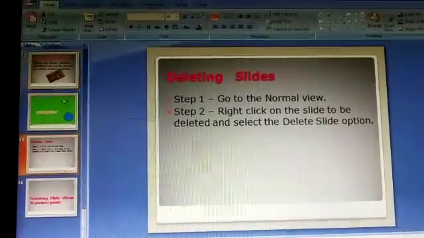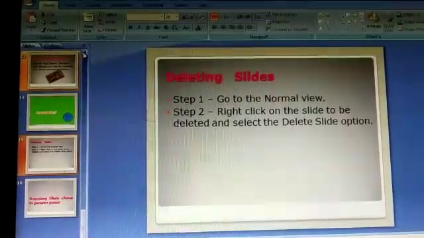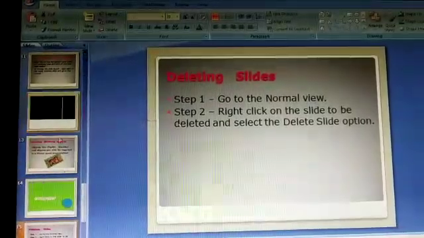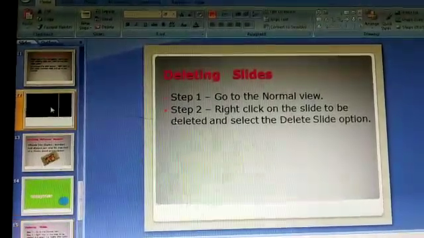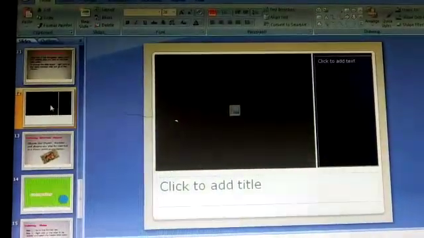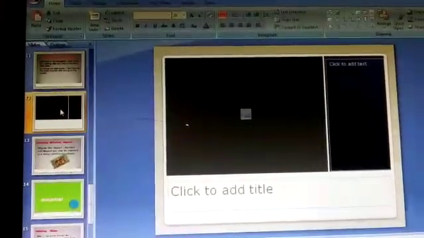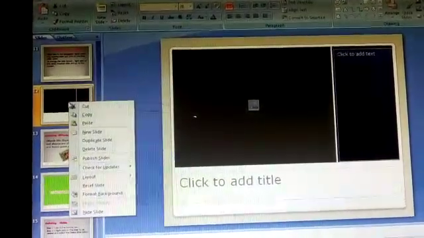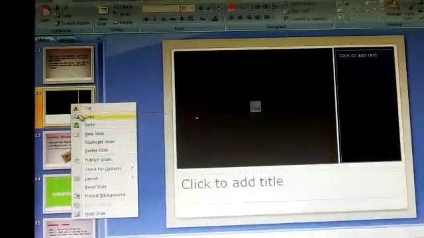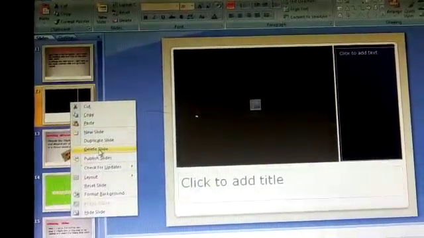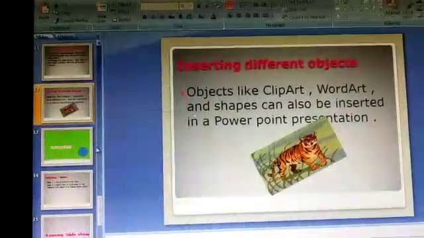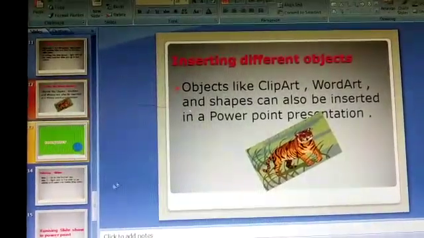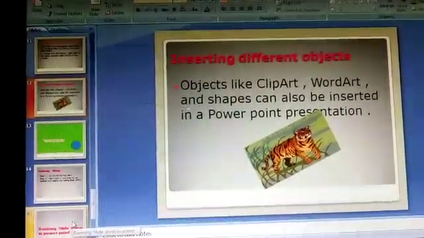Suppose, students, you want to delete this slide. Okay, click on this slide, then right click here. Then you can see delete slide is there. Click on this. You can see the slide is deleted now.